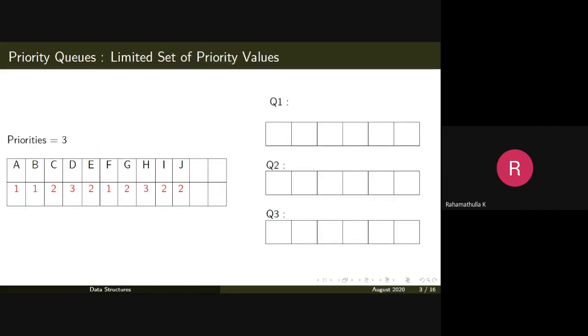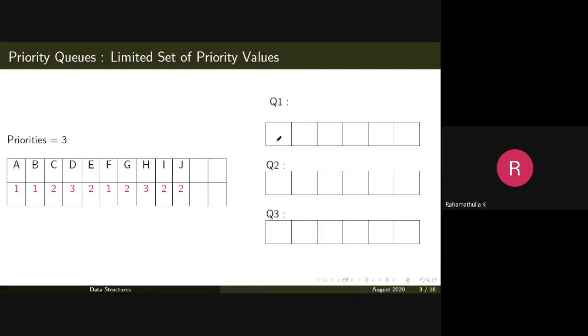With a limited set of priority values, for example, number of priorities equal to 3, we can implement this with the help of that many separate queues as the number of priorities. If we have three priority levels for each of the entities that is going to be part of your queue, then we use three different queues.